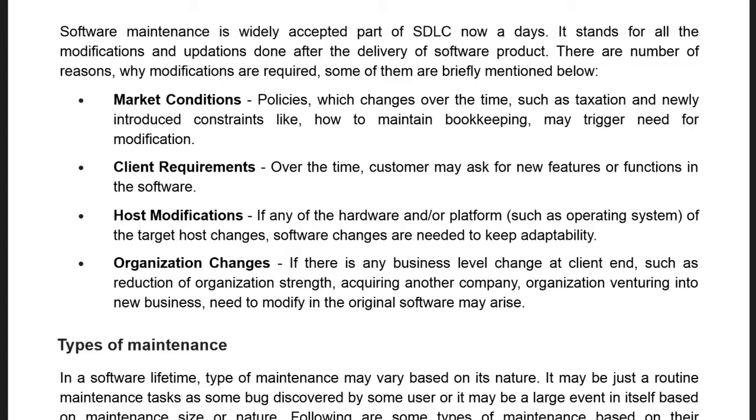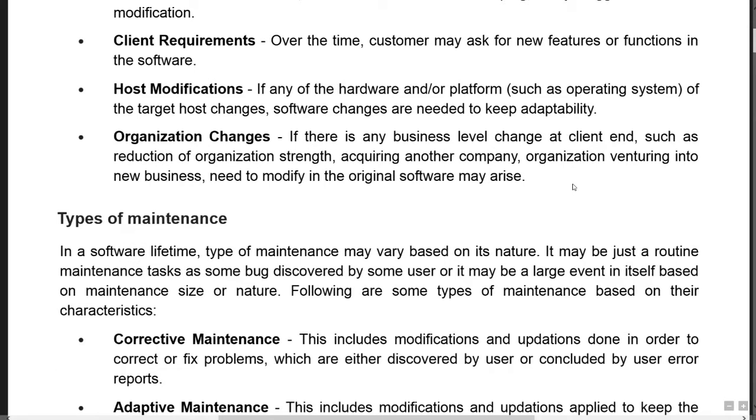Okay, so that conditions, organization change means the organization deals in a different scenario. It means if there is any business level change at the client's end, such as reduction of organization strength,